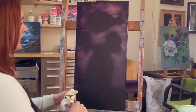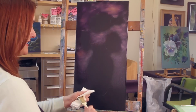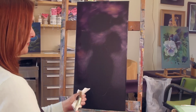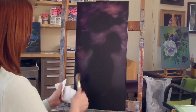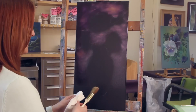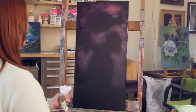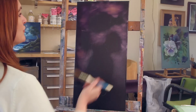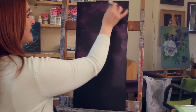Now whenever you clean the brush, you always must make sure that you take the excess thinners off there. You don't want to be taking the thinner up to the canvas because it will actually lift the paint. So now that it's nice and dry, it becomes a nice blending brush. So I'm going to go back into the area that I've just worked, starting at the top and working my way down. It's the same movement,